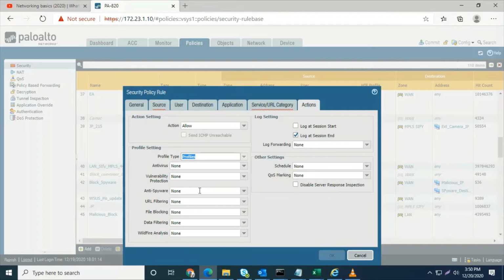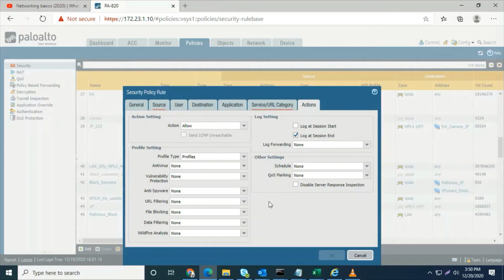These are all the suites of content. Any is the default here. We configure as per our requirement to all these things.